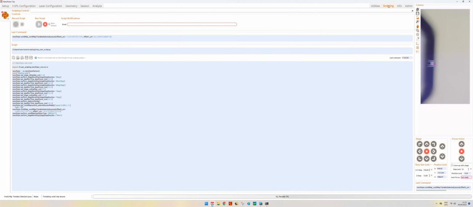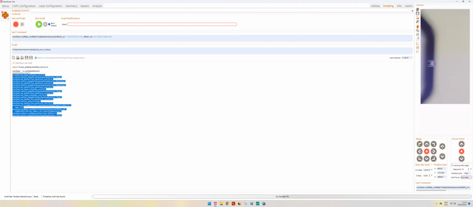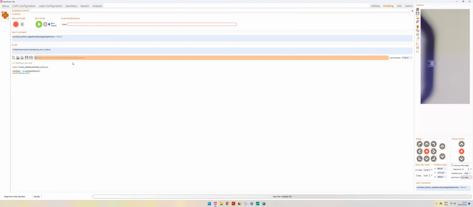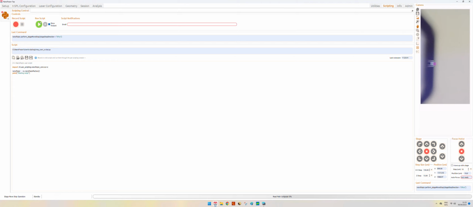So let's see together the scripting function that we have with the Nanophraser. Scripting is quite useful in order to have repetitive functionalities that we would like to have on our Nanophraser software. So how does it work? Well, you see that we have a recording functionality, which is quite useful. You can open a script that you wrote from your desktop or save them.